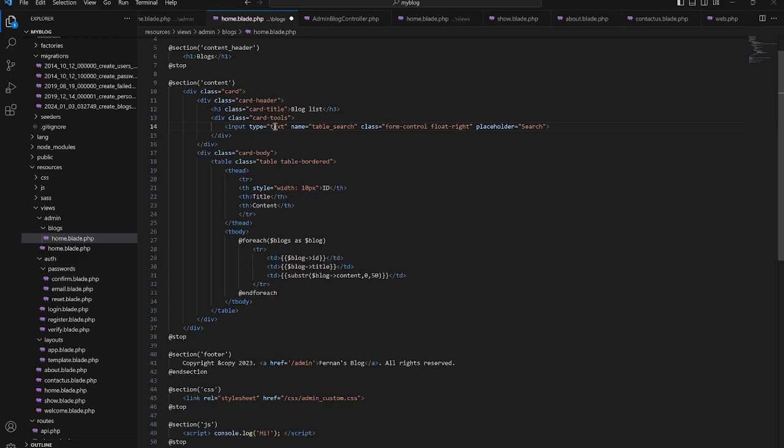But what we want to do here is not really an input, but it's going to be the button in itself. So what we need to do here is a float right so that it moves to the side. So what we'll do is we'll just Control X that and we'll do a